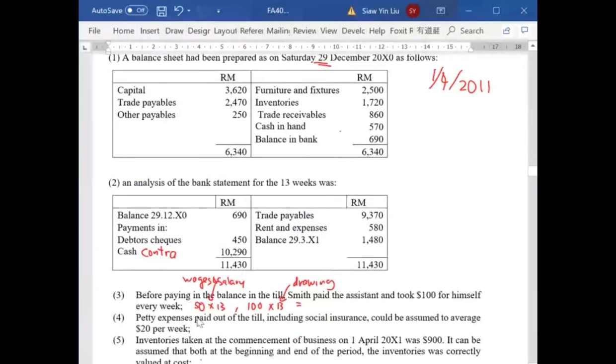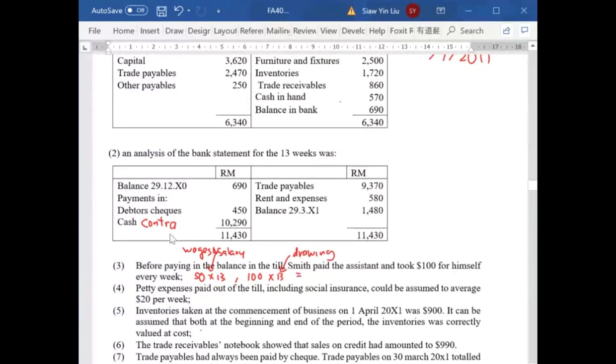So petty expenses paid out from till, including social insurance, could be assumed to average. So here you have insurance expenses. Every week is 20 times 13 weeks. You know why times 13 weeks, right? Because now it's on 1st of April 2021, and your company started work on 30th of December 2020. So from there until here is only 13 weeks. So we only calculate 13 weeks, you don't calculate one whole year. Every week you have this, so the total amount is